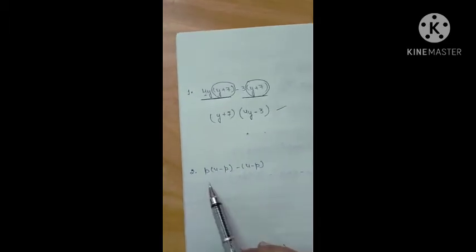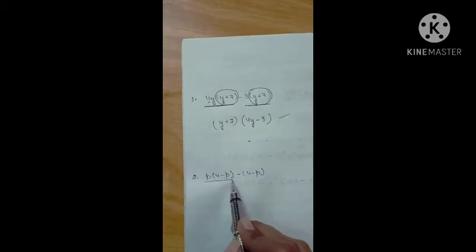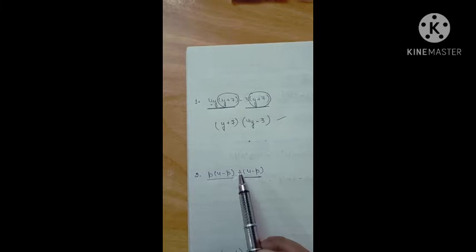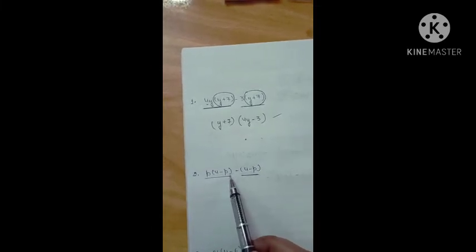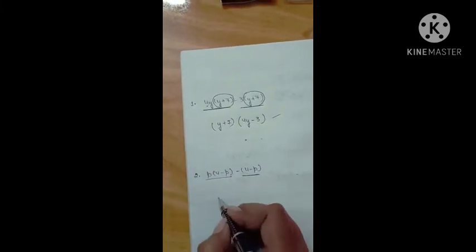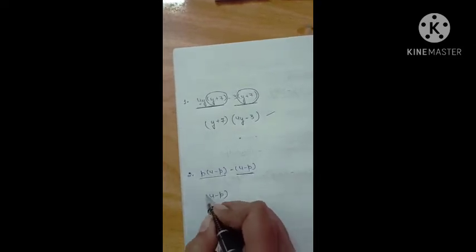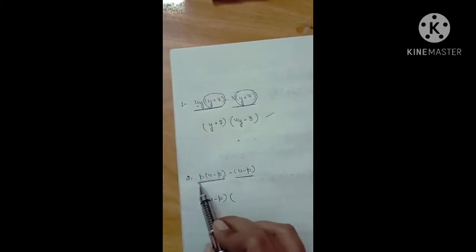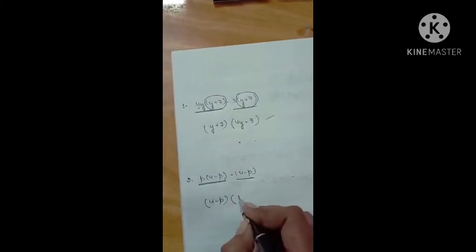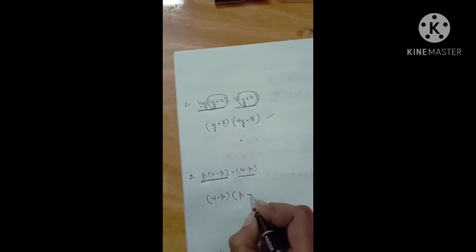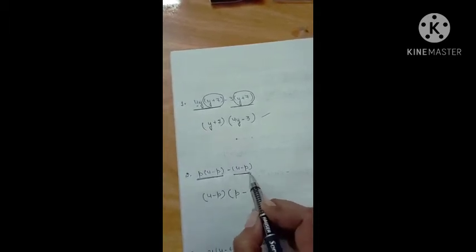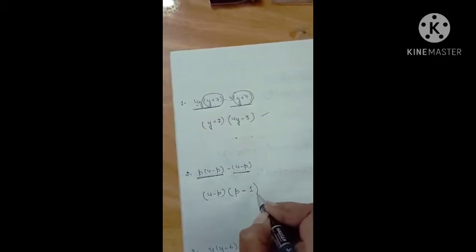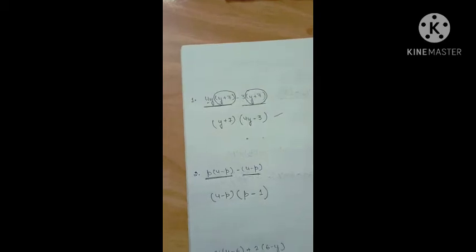Now again see this one. Here you can see that this is the first term, this is the second term. Now what is common here? Here you can see that 4 minus p is here also and here also. So we can take 4 minus p as a common factor, and then we place a bracket here. Now what is left here in this term? p. So we write p here, then we place minus sign here, and here we have taken this whole 4 minus p as a factor. So what is left over here? 1.